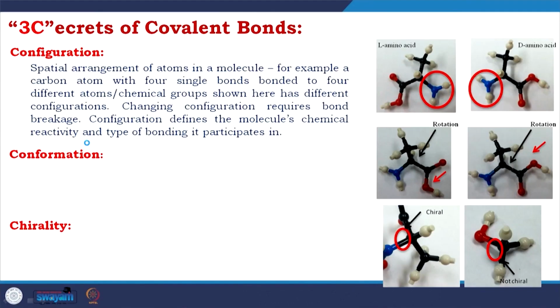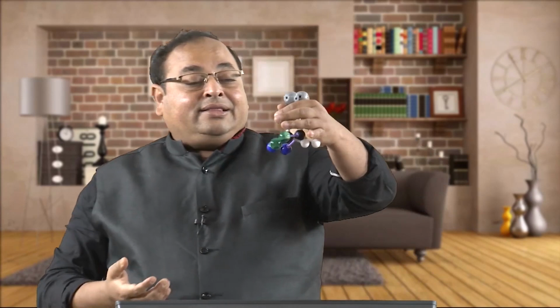First thing is configuration. What is configuration? Configuration is the spatial arrangement of atoms in a molecule. For example, a carbon atom with 4 single bonds bonded to 4 different atoms, shown in this picture, has different configurations. Changing configuration requires bond breakage. Configuration defines the molecule's chemical reactivity and type of bonding it participates in. Let's take a look. These are two same molecules. You will see that they have this green part, they have this blue part,